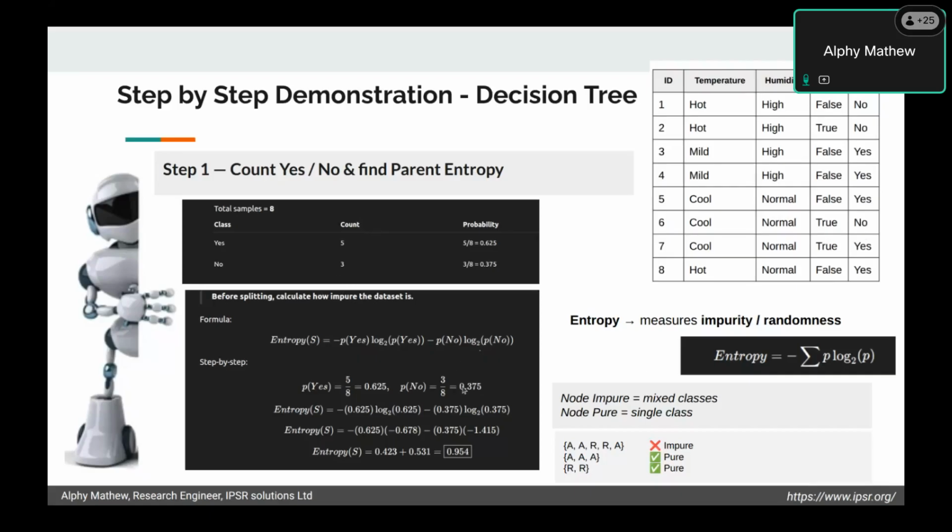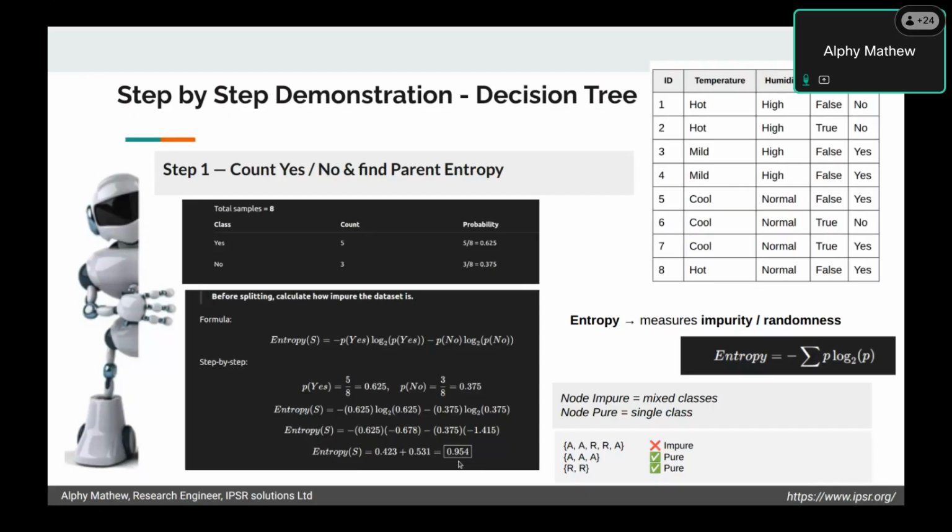Then substitute it in the formula: 5 by 8 into log to the base 2 of 5 by 8, then 3 by 8 into log to the base 2 of 3 by 8. You need to calculate it like that. After the calculations, we find that the parent entropy, the entropy of the entire data set, is approximately 0.954. So our parent node entropy is 0.95, which means that the data is mixed here